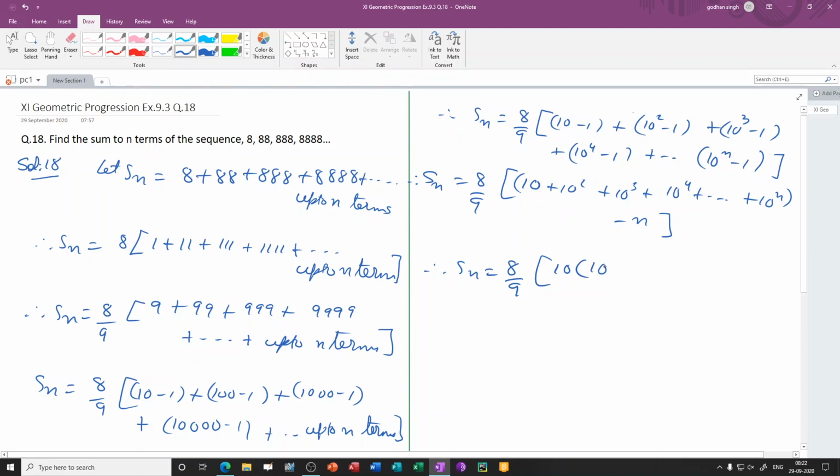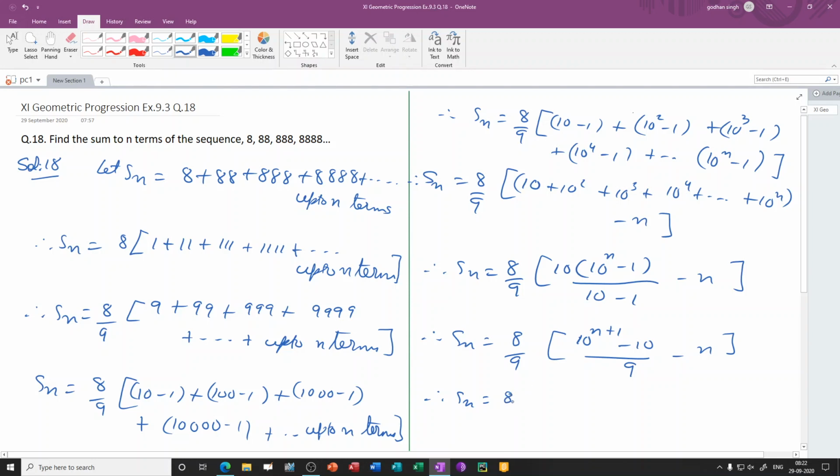So 10 into A into r raised to n, that is 10 raised to n minus 1 over r minus 1, that is 10 minus 1 minus n. So this will give us, therefore Sn equal to 8 by 9. If you want, we can just simplify it. Multiplying this 10 inside the bracket, this will become 10 raised to n plus 1 minus 10 over 9 minus n,